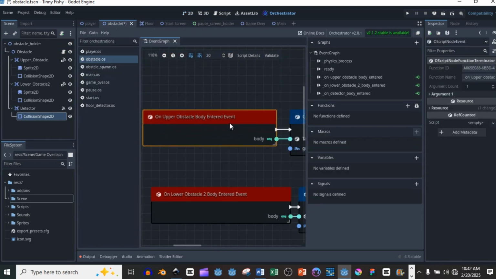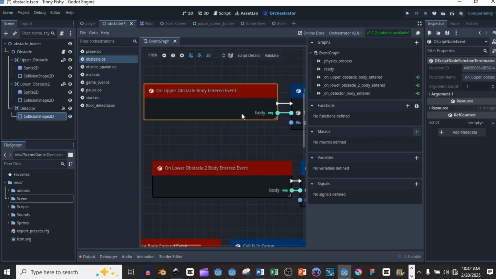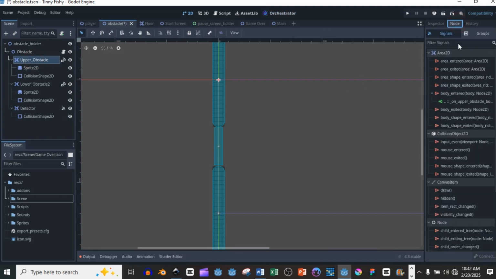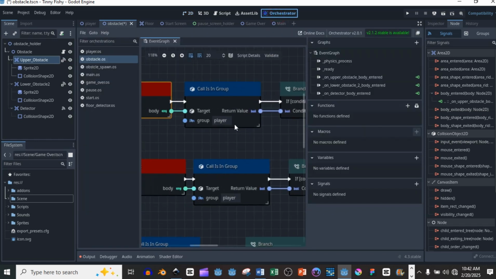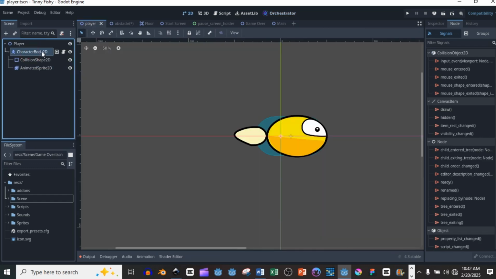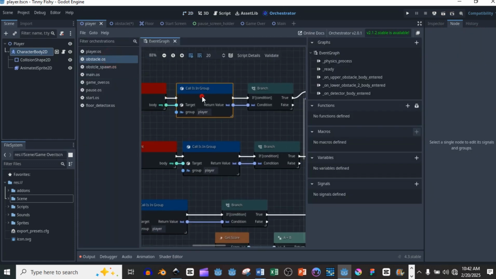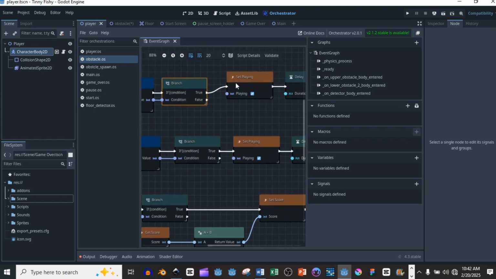This is the upper obstacle. So whenever the upper obstacle is touched, when body entered, if you actually go into the upper obstacle, see you have the signal here, and that's where you get a signal. That's signal, body enter signal. So whenever it touches, it's going to check in group if it's player. So this player is actually, we have given to this character here for the player. So we made it to be in the group players. So right now, when you check this, if it's in that group, you check it and then you set playing,